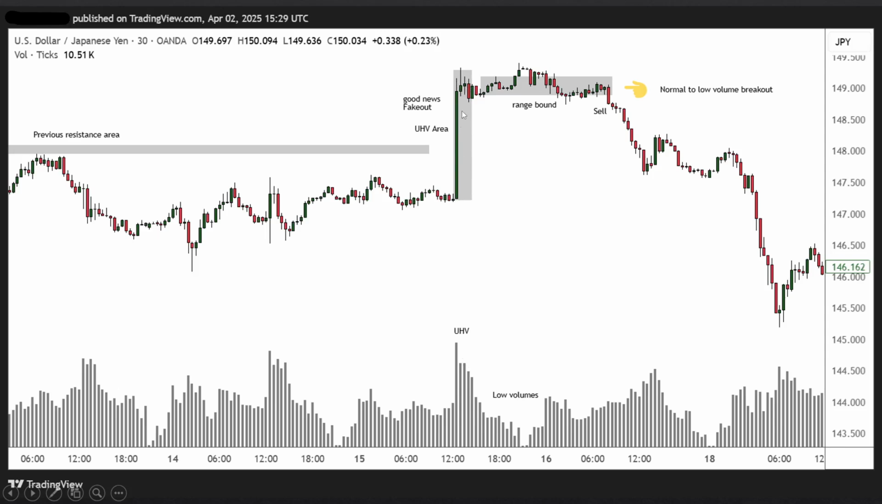So that breakout was a fakeout, because the news was good, but an ultra high volume breakout is always a fakeout. So after that, when market starts ranging, you plot the range, and when market breaks below that range, you just sell it, place stop loss above that, and you should expect 1:4, 1:5, 1:10 even on those trades. Okay,